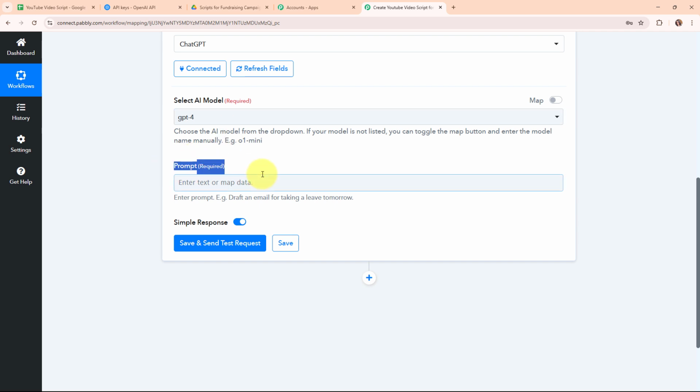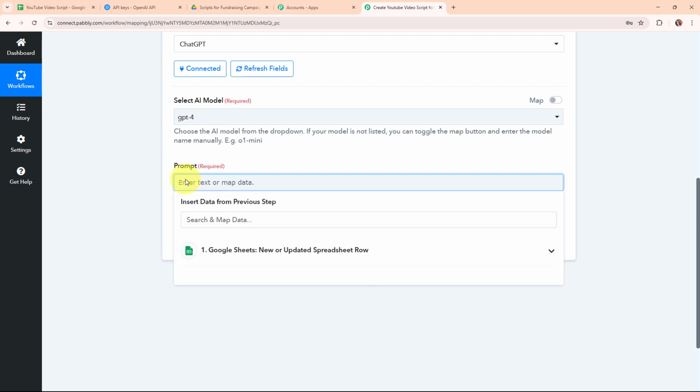And now here after selecting the AI model, it is asking me to enter the prompt. So in this prompt field, I need to enter the relevant prompt that I want to give to ChatGPT to generate the YouTube video scripts for my fundraising campaigns. So here I'm going to give the relevant prompt with all the Google Sheets details over here in this prompt